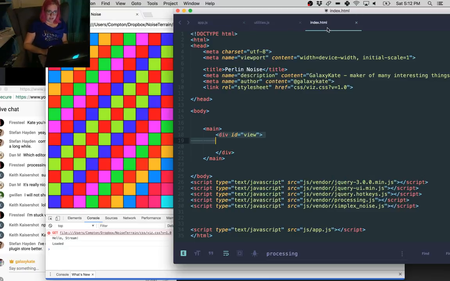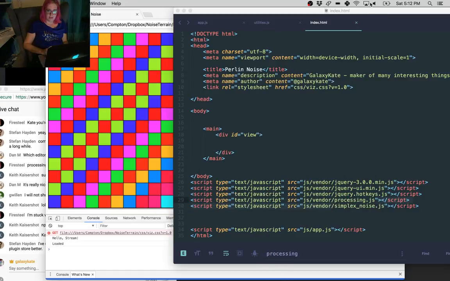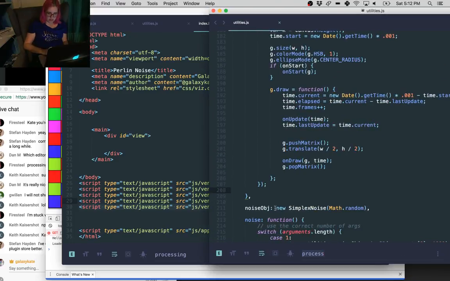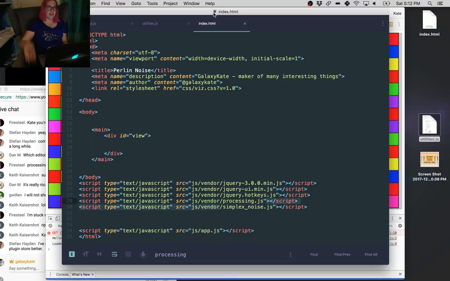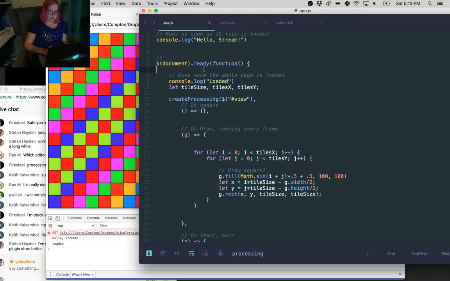All right, so we have loaded our Perlin noise down here, simplex noise. I'm going to check on my utilities function, because I always forget. Okay, here's the declaration of that simplex noise. You actually have to create simplex noise, it has to seed itself with some large number of random numbers. So you have to declare Perlin noise. If you're actually in processing, it comes with Perlin noise pre-installed. But for this, I have to actually say, okay,